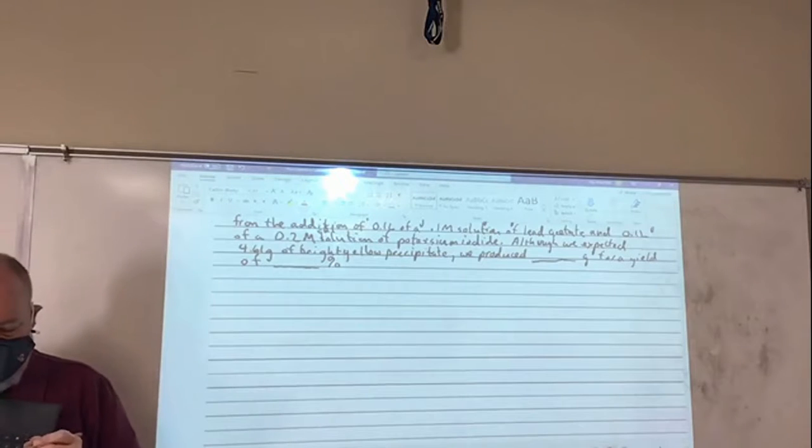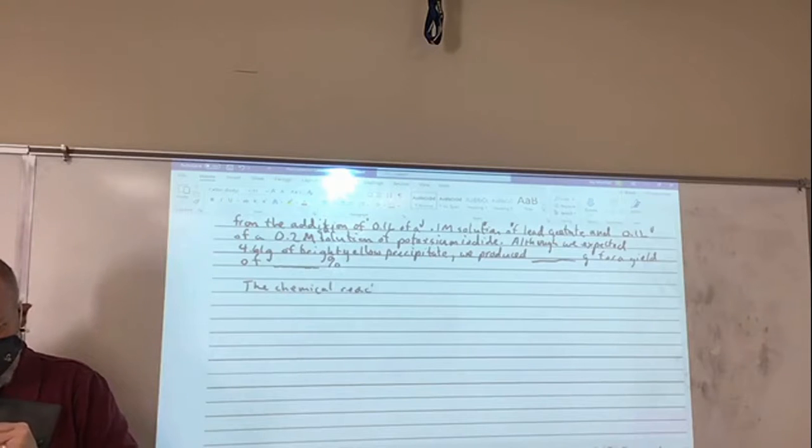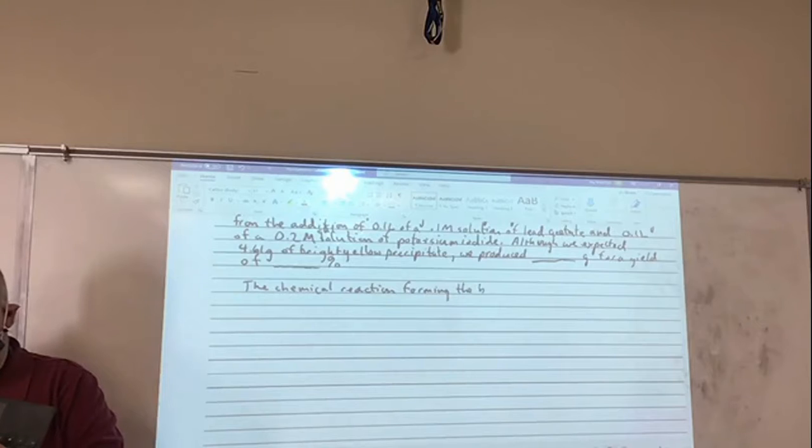So we might just start off by saying the chemical reaction forming the basis of our procedure is, and then you can put a colon there if you want, or you can just leave it,